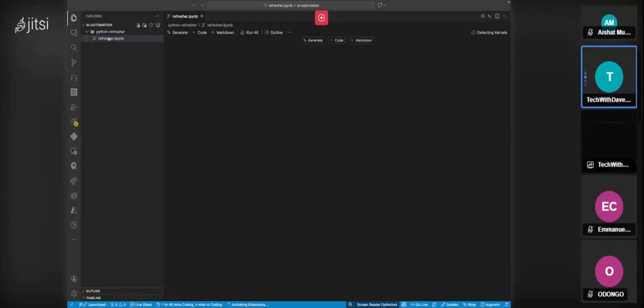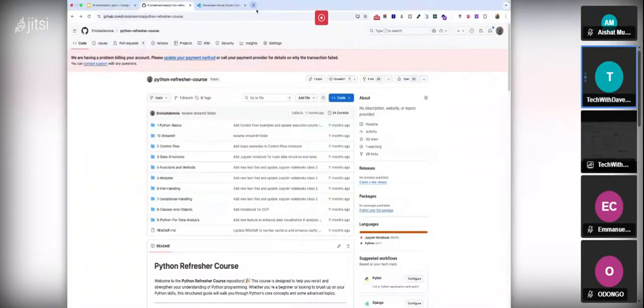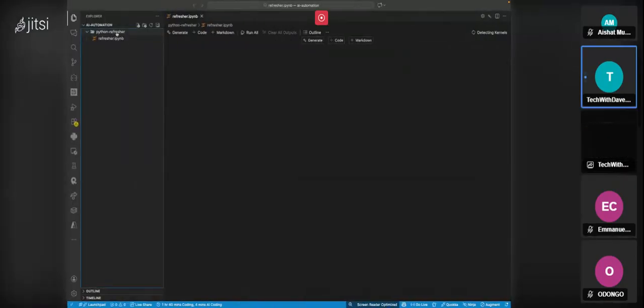Now we're going to be using an ipynb file. What does this mean? It means it's a Jupyter notebook, basically. What ipynb means is an IPython kernel notebook, or an IPython notebook. What this allows you to do is, instead of writing your code like this, where normally you will have something like